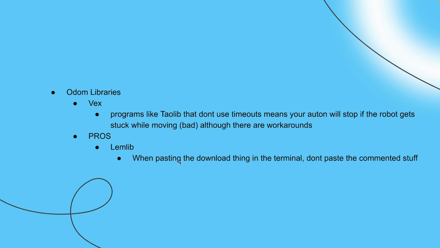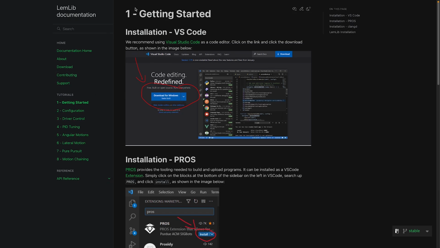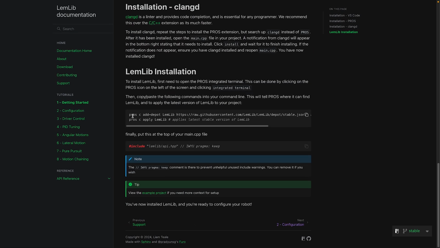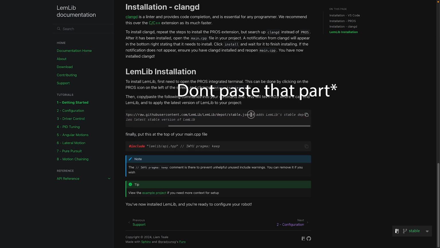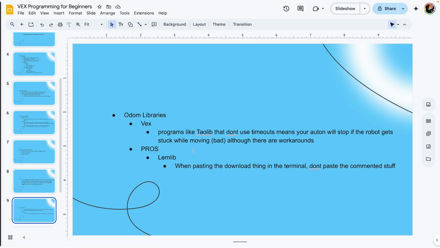And then for LemLib, when you are downloading it, there's a whole setup thing. It's really helpful. But it's kind of goofy, it says okay, copy and paste this into your integrated terminal or whatever. When you do that, don't copy everything. This part here and this part here after the hashtag is just comments. I know it makes sense, but it's pretty easy to look over and be like, why is it not working for me? Okay, so